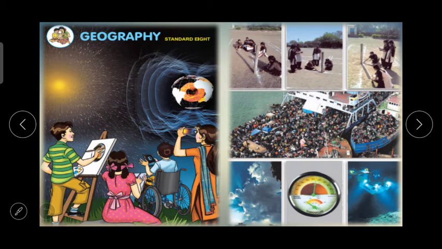So now on the screen you can see the front page of our geography textbook and the back page of our geography textbook. On the front page you can see students have studied geography from standard 3 and have now come to standard 8. So the horizon of their experience has expanded and they are now looking at experiments of the interior of the earth,